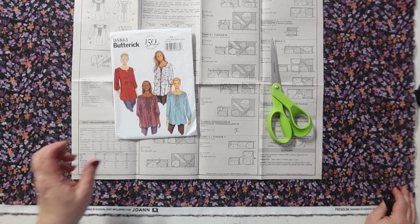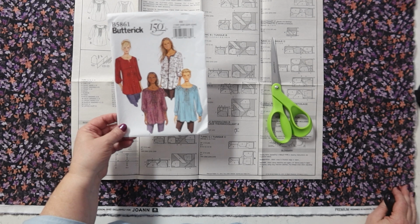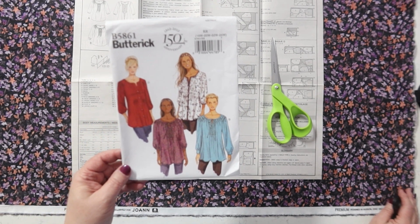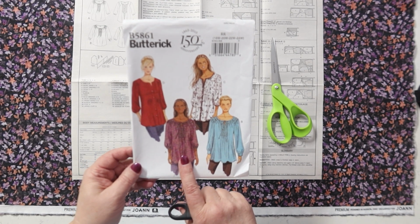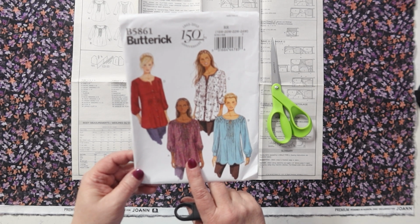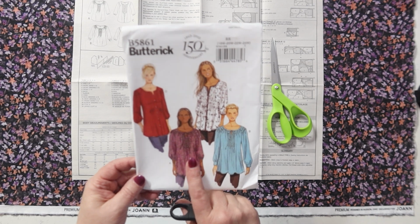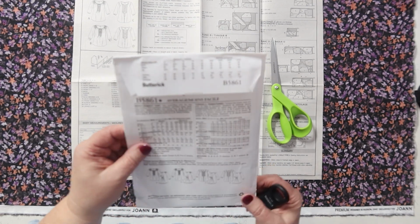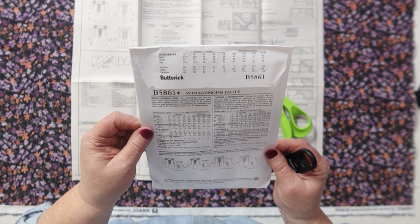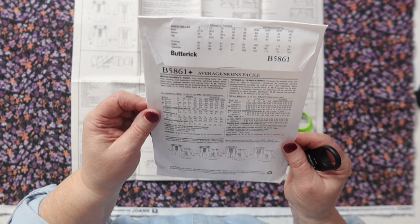What I thought I would do is this Butterick 5861 top. I'm going to be doing this view A here. It has a feature that I want to try. I don't think I've ever done that feature before. I have done pin tucks before, but it has a front tuck band